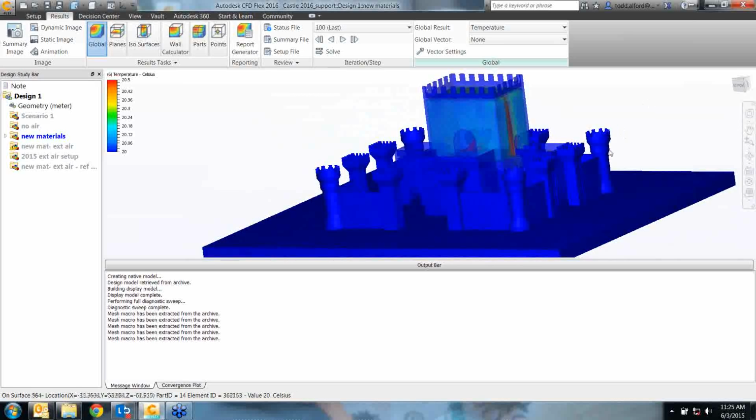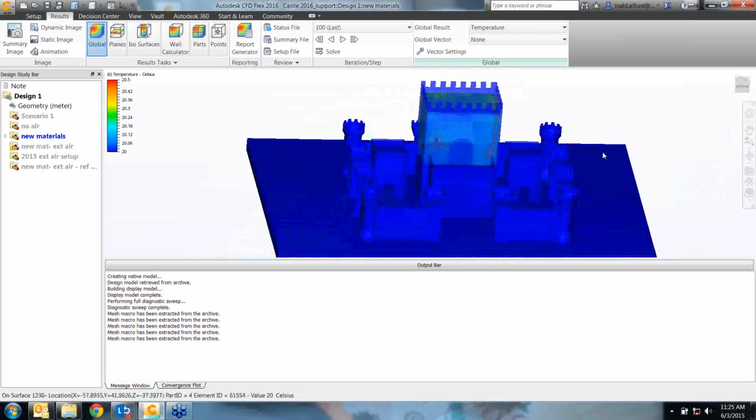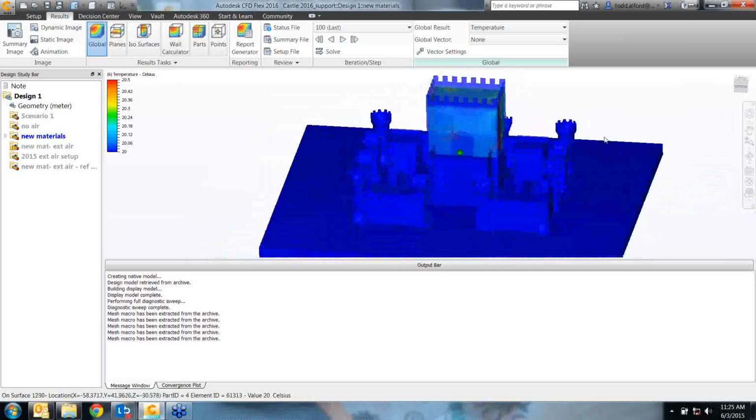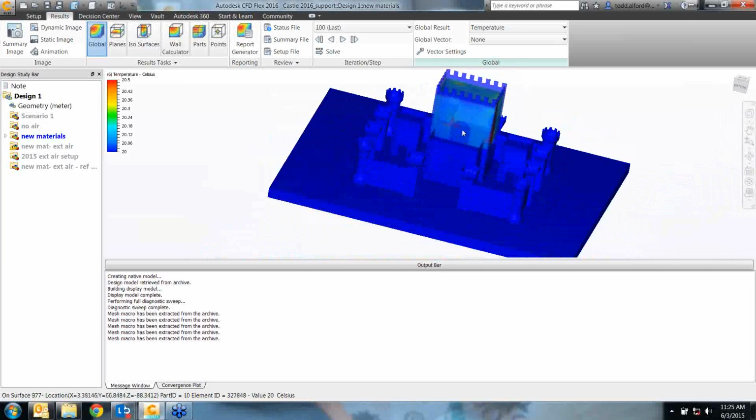And I've run this a few different ways. Like I showed you guys, if you don't have the new solar materials, your results will be similar to 2015, where we'll do the complete gray body diffusion, or if you're doing it without the exterior air domain, it'll drop down and just give you your reference temperature everywhere. John had shown you guys using some film coefficients on the outside